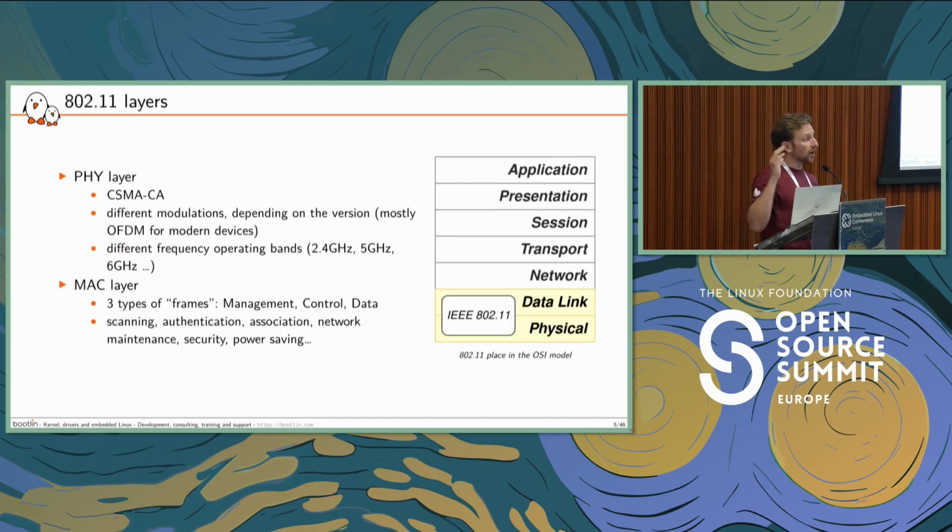About this standard, it occupies the 2 lowest layers in our network stack. It defines at the physical layer how we can use radio to emit Wi-Fi frames. So what is the way to access the medium? What are the bands I am supposed to use with my device? What is the modulation and things like that? And on the MAC layer, it defines the type of messages exchanged by my wireless devices. In this case, we have 3 types of messages that could be exchanged between devices, and all the procedures, algorithms to exchange messages on the network, to join the network and maintain the network.